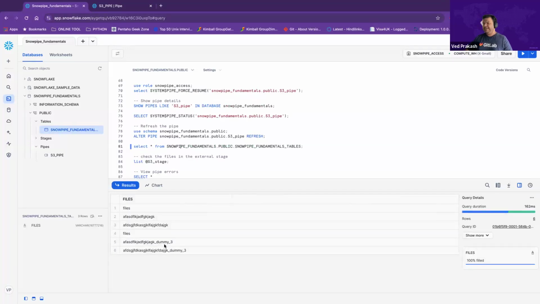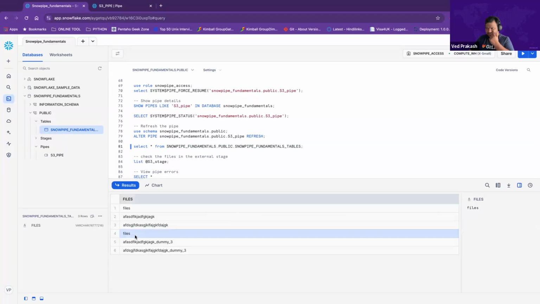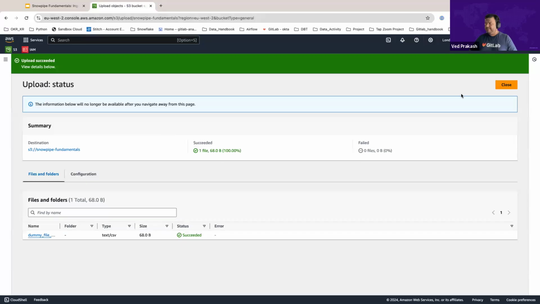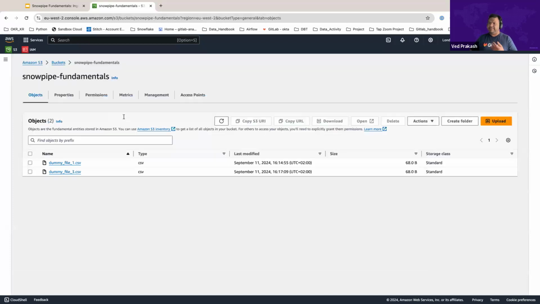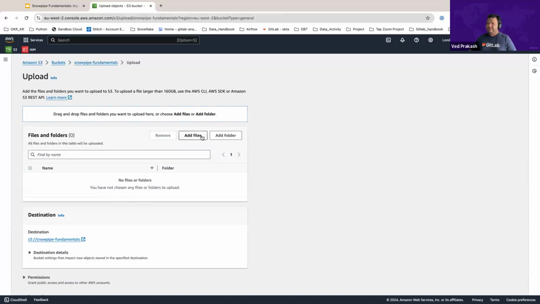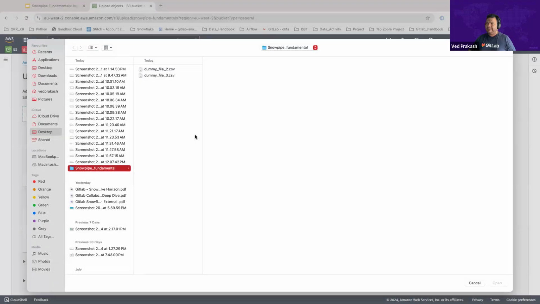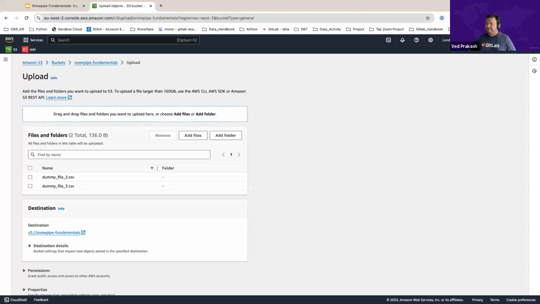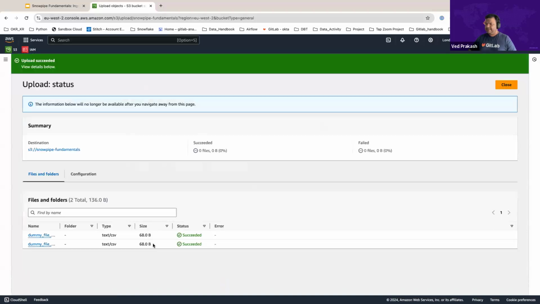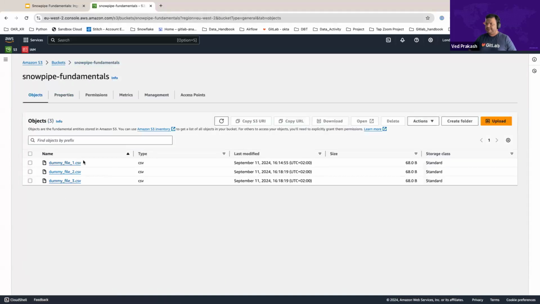Yeah. So the data is here, which comes from the row numbers 4, 5, 6, which are part of the dummy 3, the other file. If I upload the next file again, it will just keep uploading instantly to Snowflake. So that's what it is. If I say load these two again, and I should see, even though I upload the same, the S3 bucket itself knows that it is a duplicate, it